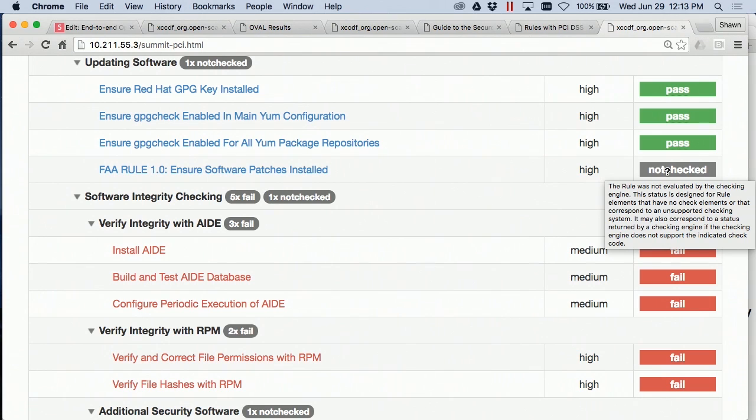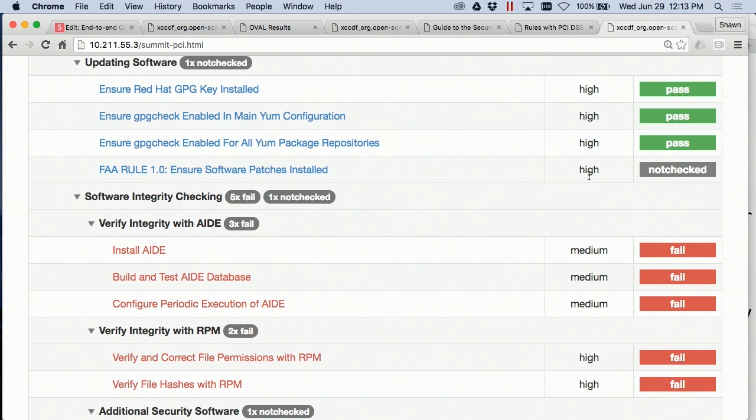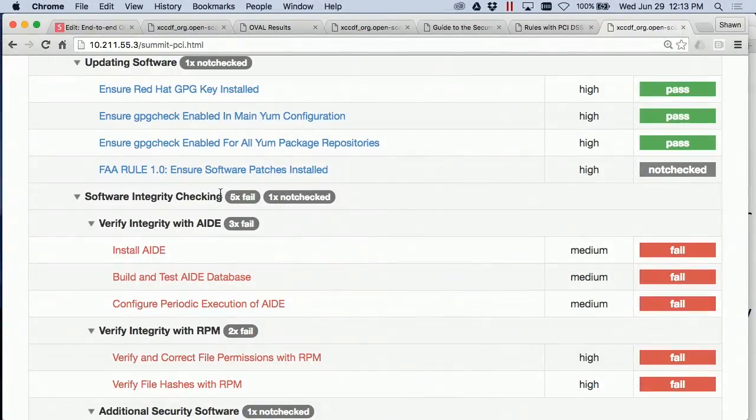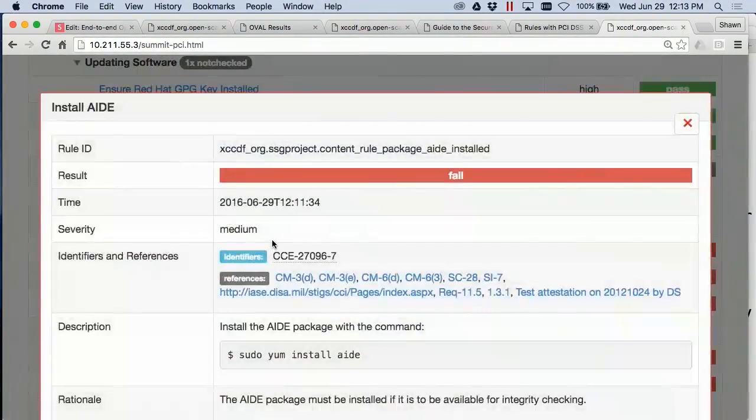And what that ultimately means is that there are some controls that we recognize as security relevant, like make sure you have all of your patches applied. But how do I automate the security check of that? Especially if you're disconnected from the internet, I can't do a yum check-update. So we recognize the validity of the rule, but we may not be able to automate it. Like, do you have badge readers on your data center? I can't. What file do I regex to let you know that? So not checked. So if I click on one like install AIDE,